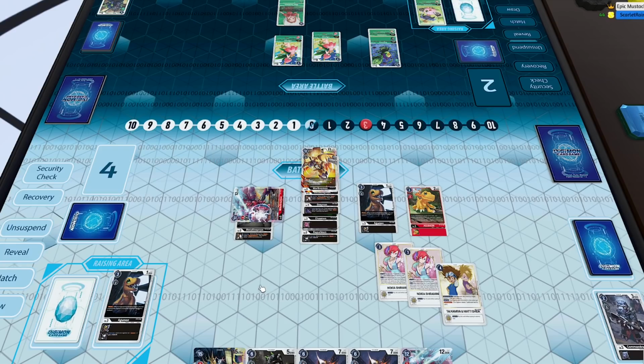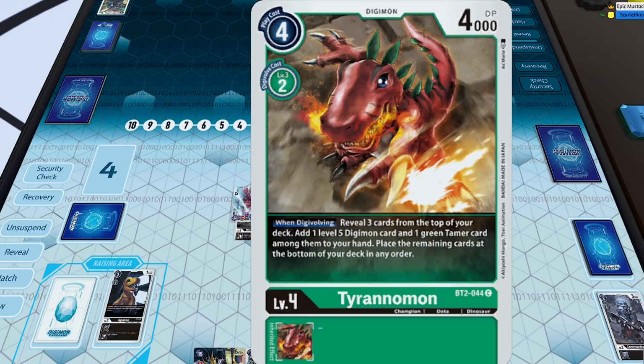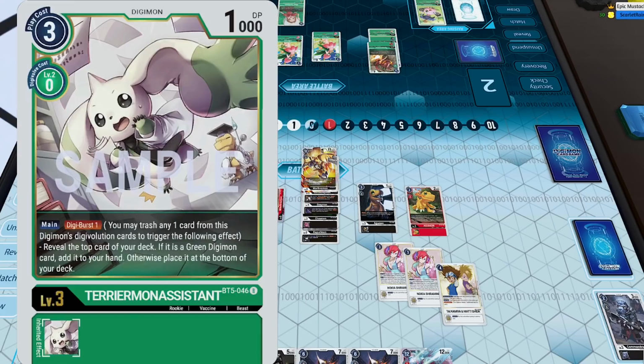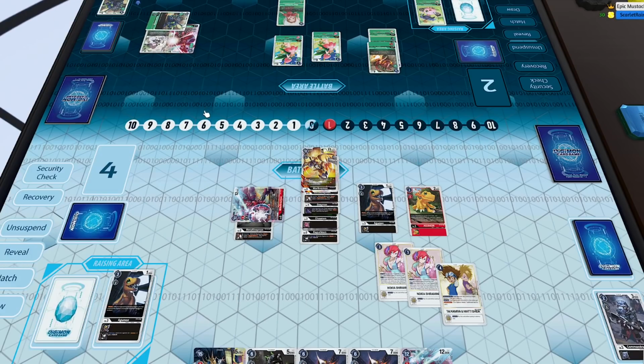I'm going to play Tai Kamiya and Matt Ishida for a cost of 4. So that's a dual tamer that lets me gain 2 memory if my opponent has a level 6 or higher Digimon on field. So I know he's got the 2 level 5s, so if he decides to go any higher, which he'll probably need to do to out my board, I'm just going to be able to gain advantage off of that. So then anyways, he's going to go into Tyrannomon, which I thought was a really weird, kind of